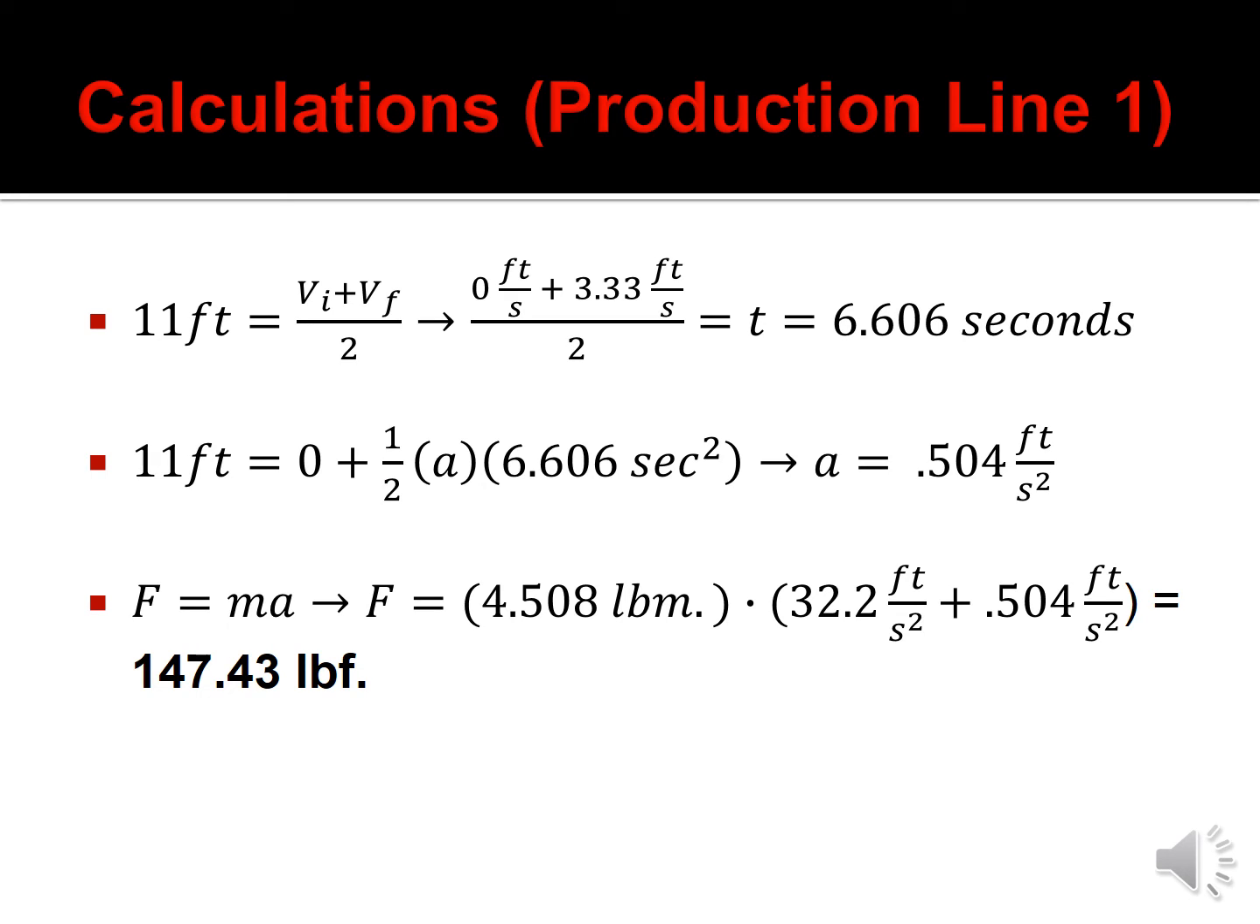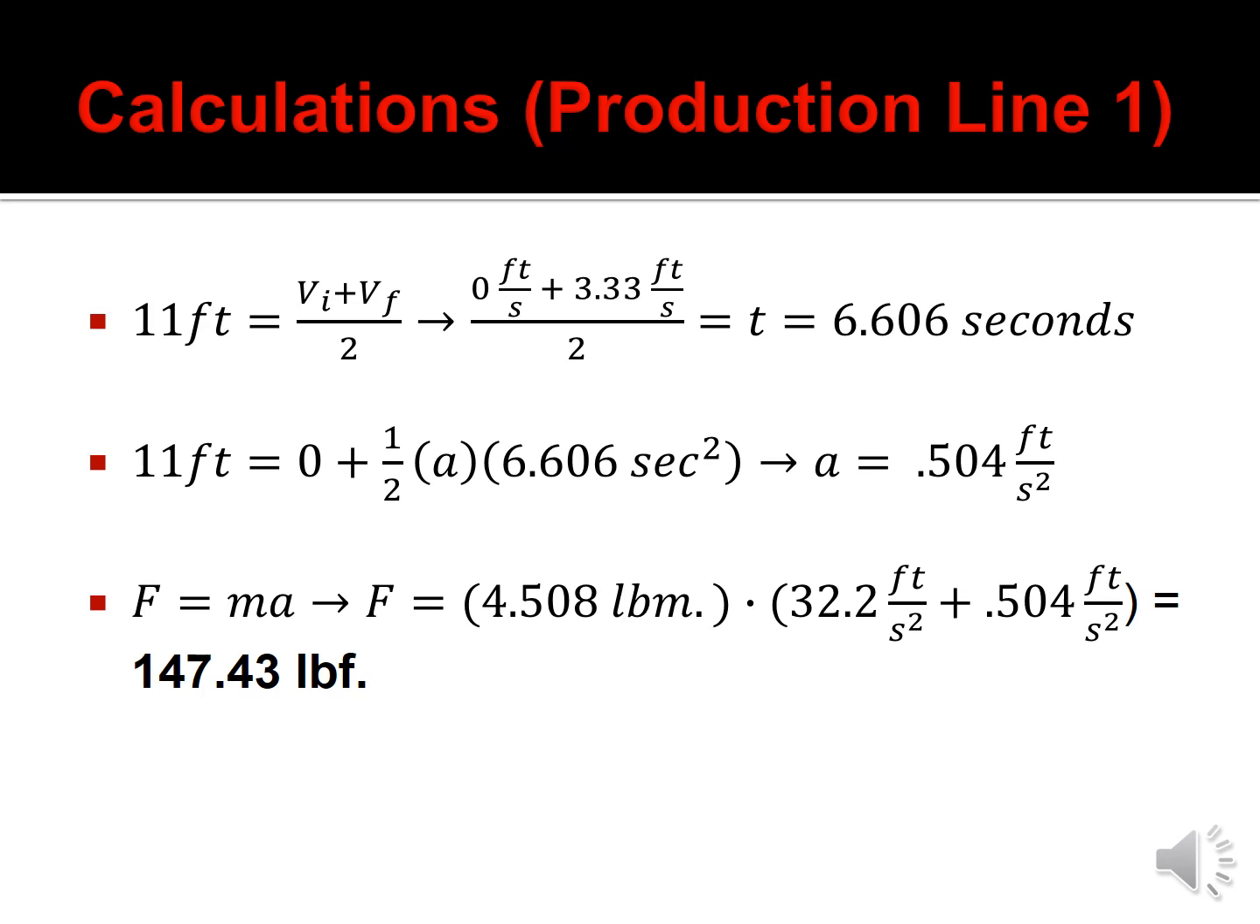For our calculations, we started by finding the time required for the lift assist to move from the top to the bottom or the bottom to the top. So we took our entire travel distance of 11 feet and our initial velocity of 0 and our final velocity of 3.33 feet per second. Using these numbers, we found a time of 6.606 seconds. Once we used this,